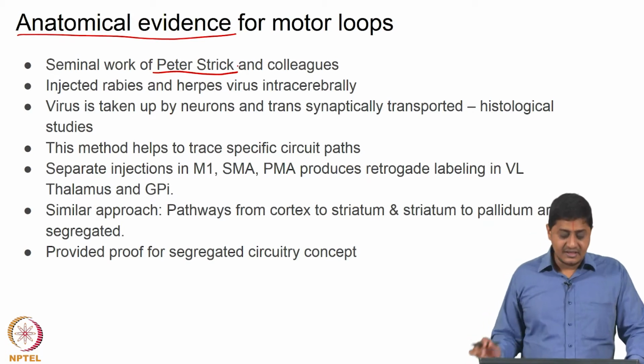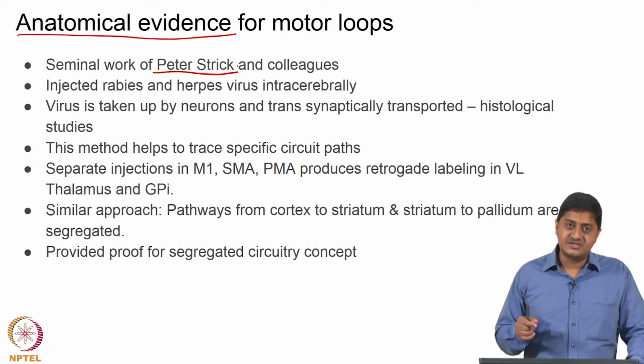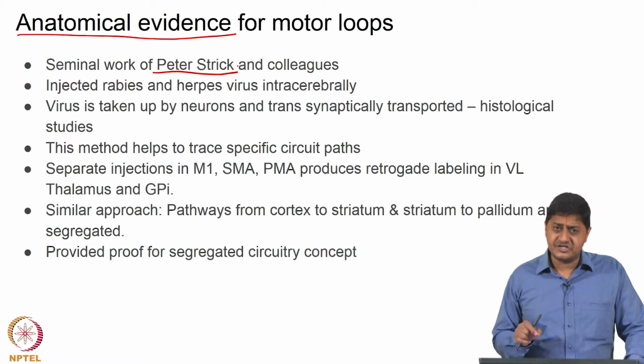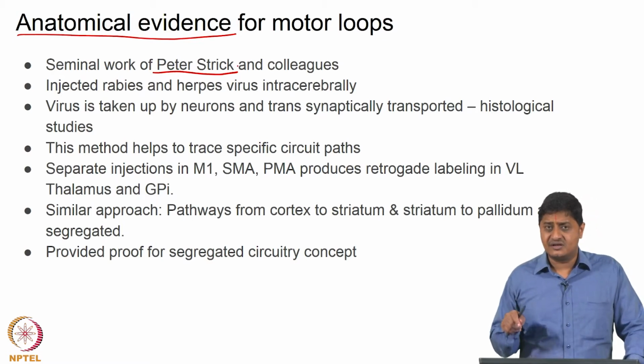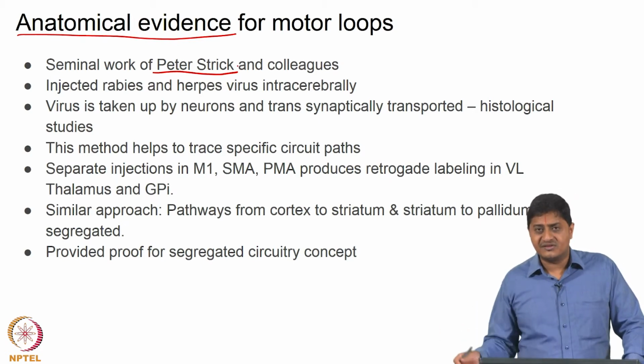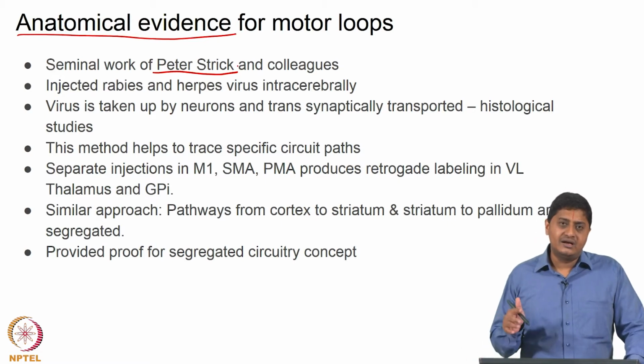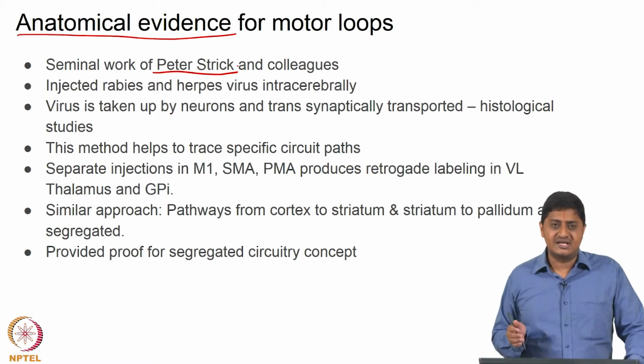So, what happens is that these viruses are injected intracerebrally. So, basically using injections these viruses are injected into specific regions within the basal ganglia. Once again, you have to know to which area you are injecting it into, and then what you can do is, after say 1 day or after 2 days, after a specific timeline, right, you sacrifice the animal and perform histological analysis.